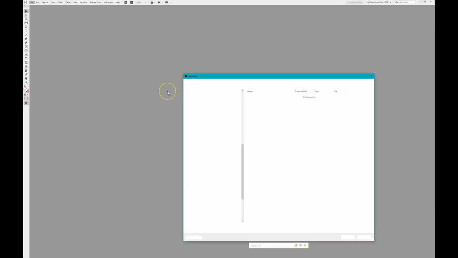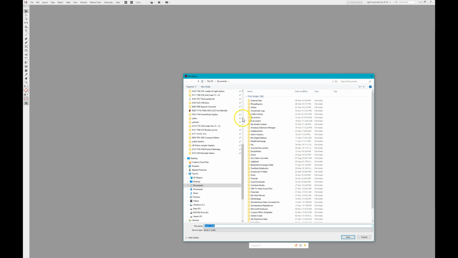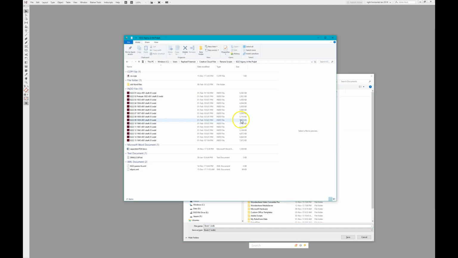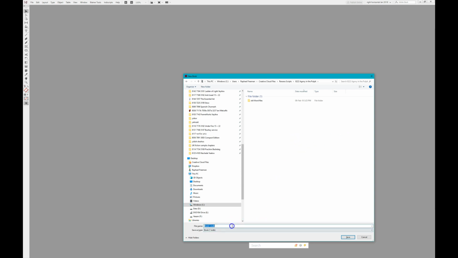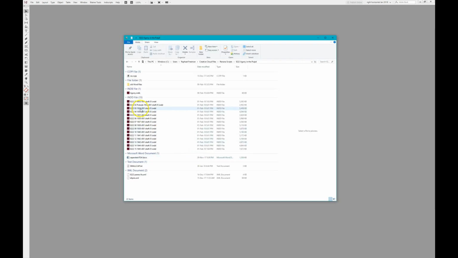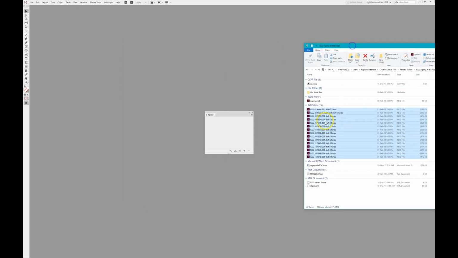So we go to the File menu and do New Book, and I think we should save it in the same folder that was there before. We're going to call this Agony. That's going to be the name of the book, and we're going to very quickly place all these files. This was a very large book that we split up into pieces in an InDesign book.